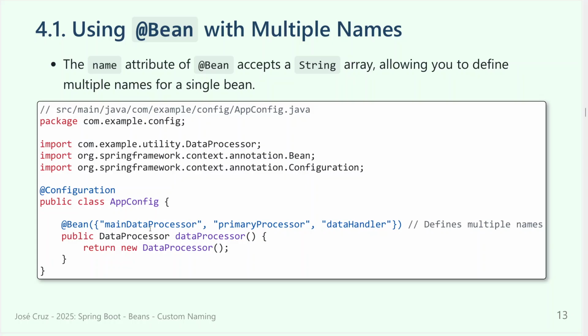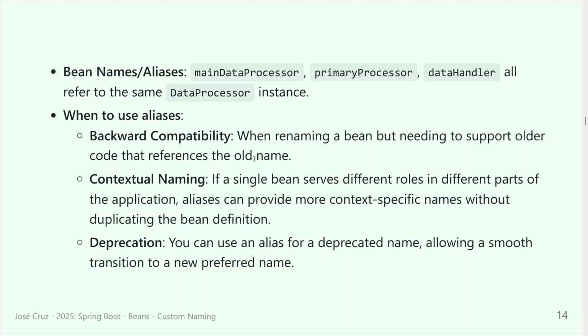Maybe you can try to remove one and start your application, and then you start to clean from the left side, the oldest ones, and start to use the new ones. That's one of the scenarios for you to use this alias on the bins. So when to use an alias: backward compatibility, as I was saying, and contextual naming. If a single bin serves different roles in different parts of the application, an alias can provide more context-specific names without